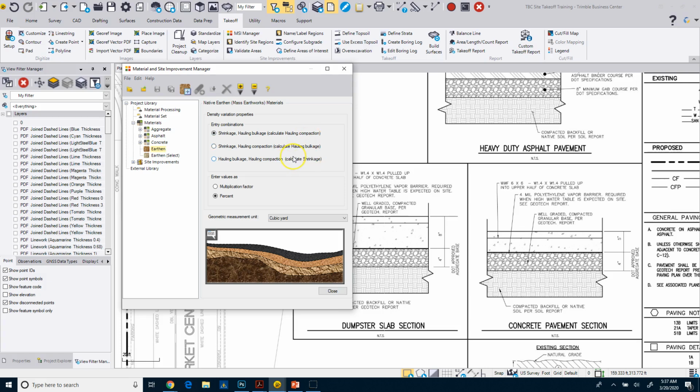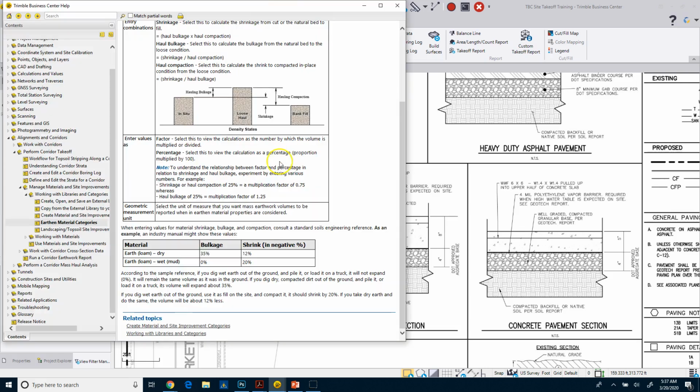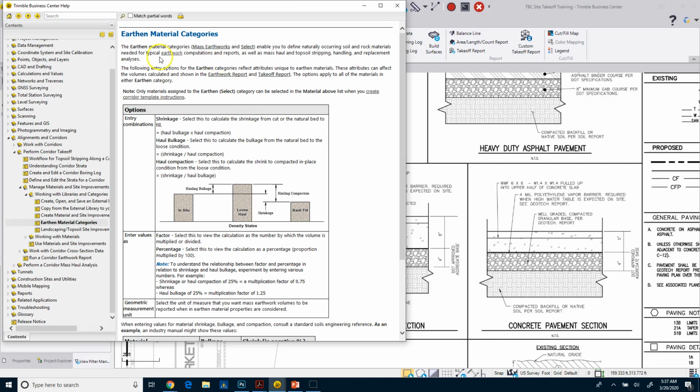If you want to know more about this, if you hit F1, it will actually bring up the help, and it will talk about these earthen materials. It talks about your density and basically your compaction rates. So a hauling bulkage of 25%, multiplication factor of basically 1.25. So it shows us how to enter the values in